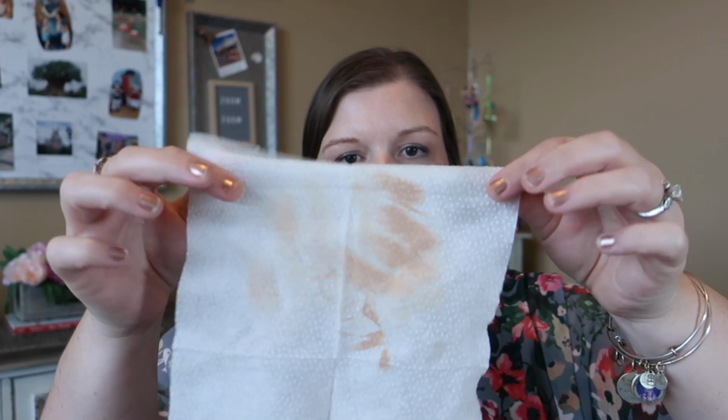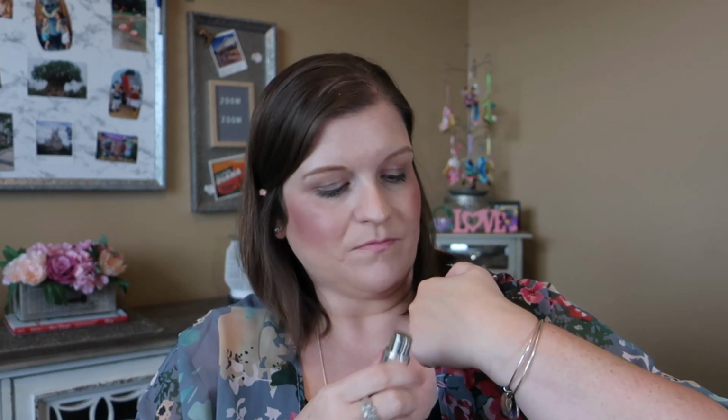So you can see like it seems like everything's off of there. This is what the wipe looks like. So this is the $1.99 wipe for 30 wipes. And yes, I'm going through it. I'm having to use wipes for all of these. So for the next one,